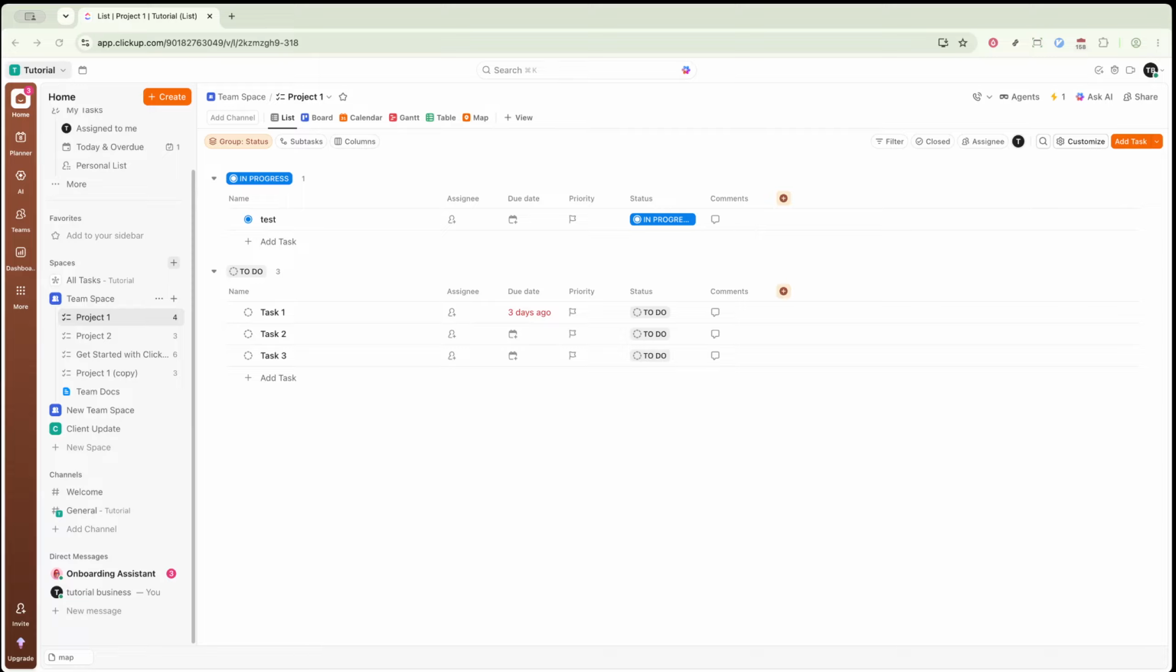www.clickup.com. Once the site has loaded, sign into your ClickUp account using either your email and password or a connected social login. If you don't already have a ClickUp account, you can use the link in the description to sign up and get started. After successfully signing in, make sure you're logged into the correct workspace where your time tracking